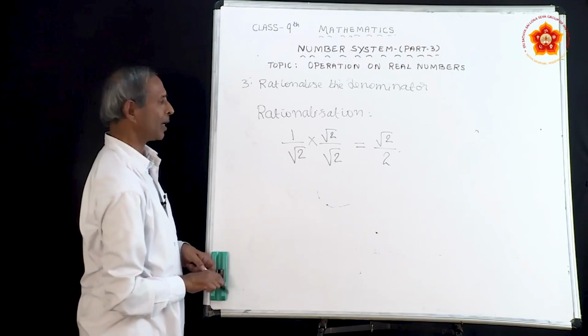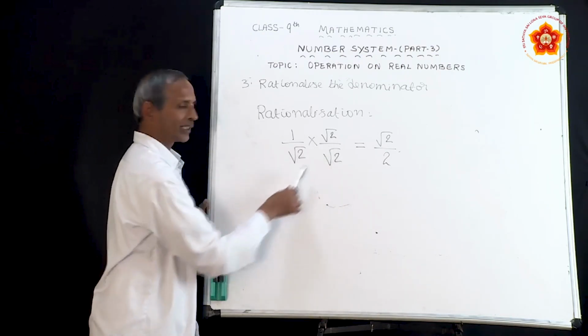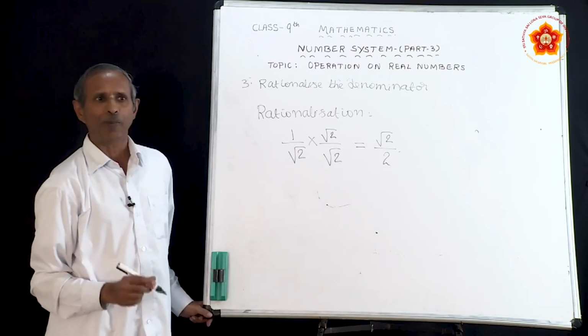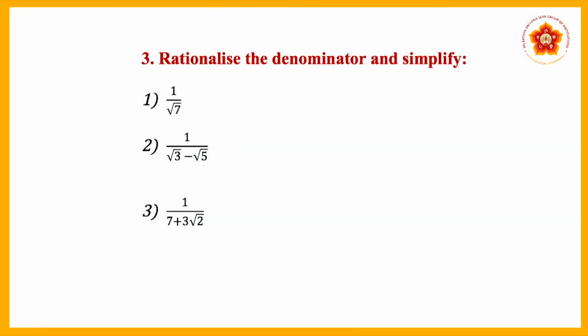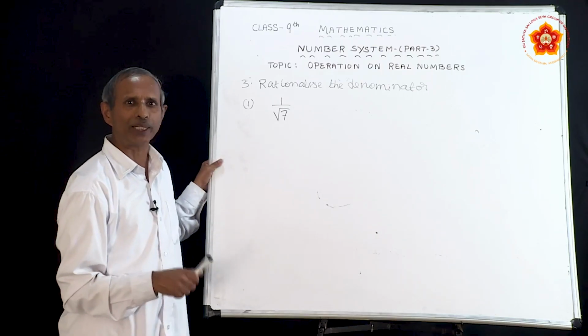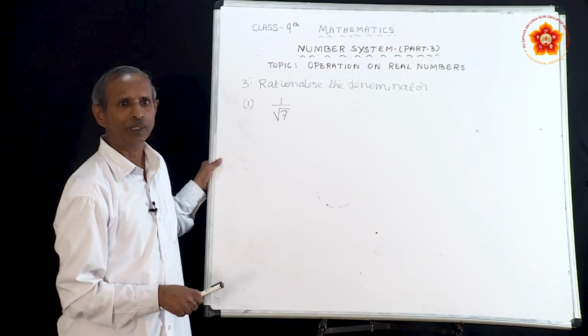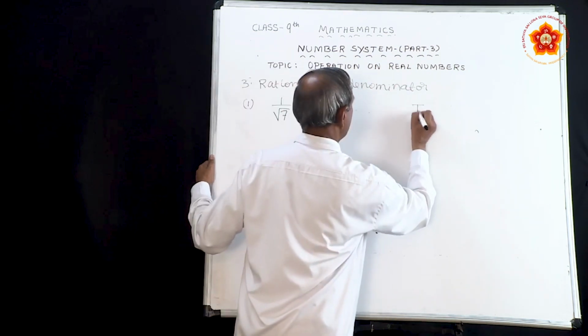Okay, this is very important. To solve the problem, you should know the rationalizing factor, then multiply, then you can simplify the problems. Under the third main, the first problem is 1 upon root 7. Before solving, there are 3 important tips. If you know these tips, it becomes very easy to solve the problems. I will write the important tips here on the board.